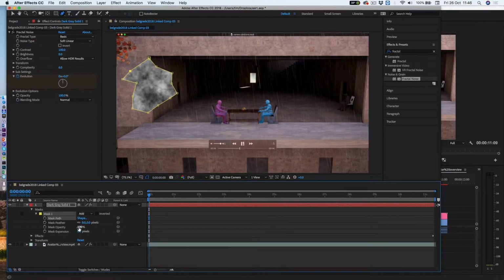First thing I want to do is to reduce the opacity. I want to be able to see it, so let's take it down maybe about there. And I want to, no, I don't want to touch that at all. So let's reset that. Let's zero that. I want to actually feather it so it's not as sharp around the edges. See if I feather it right in, the edges become a lot softer. So I've got that there now,